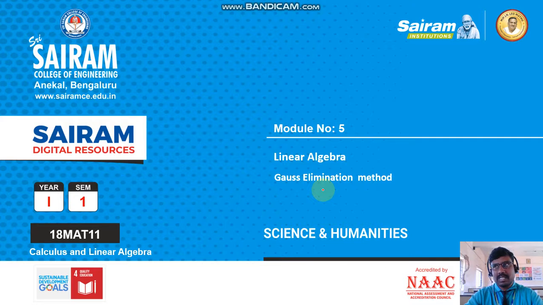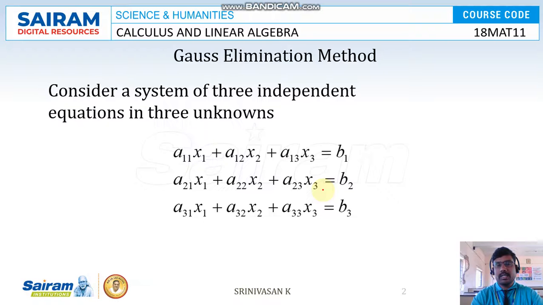Here, the process is the same. If you understand the rank of a matrix, the same procedure applies here. We apply the rank of matrix and also the type of solution, the consistency of type of solution, the same concept is applied. Okay, so Gauss elimination method. Gauss is the mathematician's name, and elimination method.